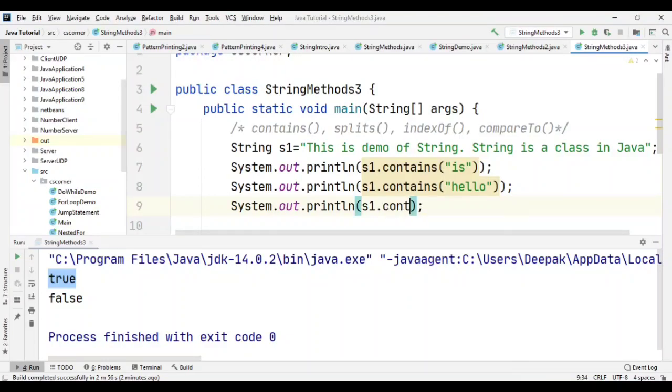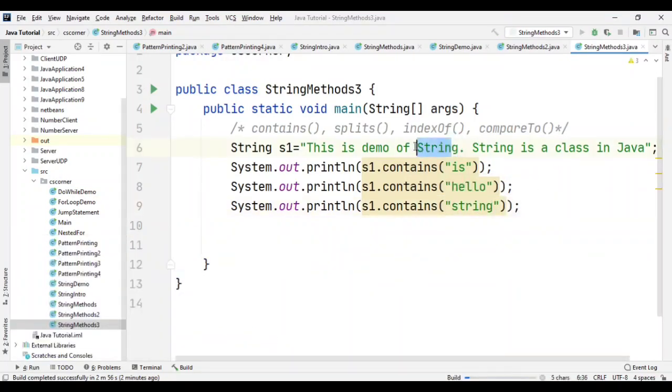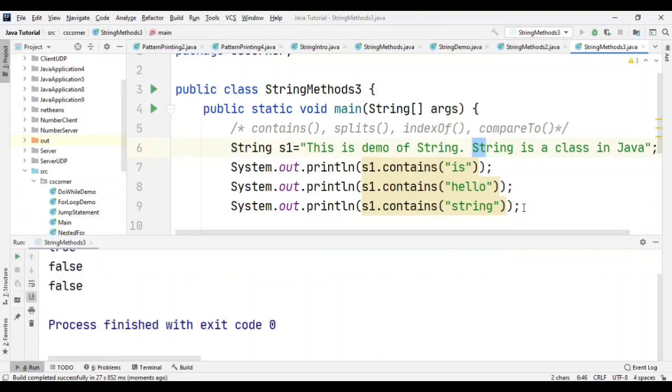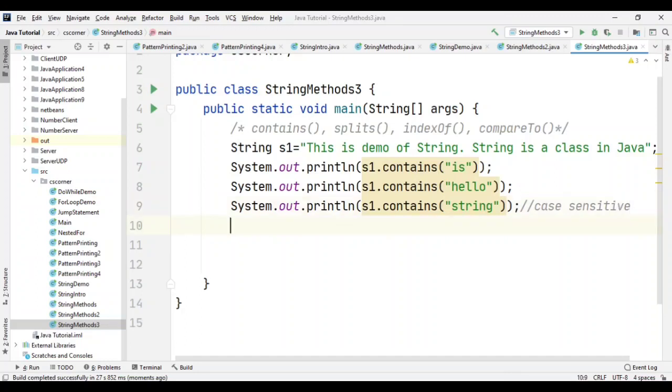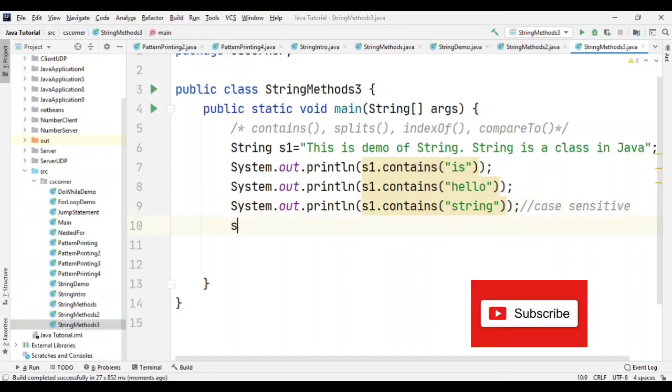So s1.contains("string"). Here I am having string, but it is in capital S, so I should get false. So you can see now I am getting true, false and again false, because string is there, but I am having capital String. So whatever you are passing is case sensitive.